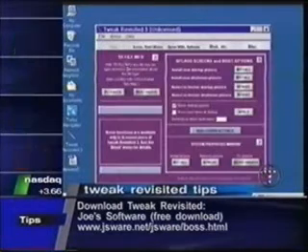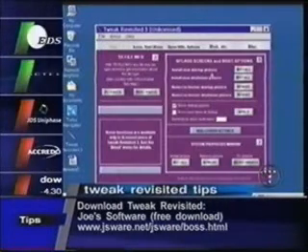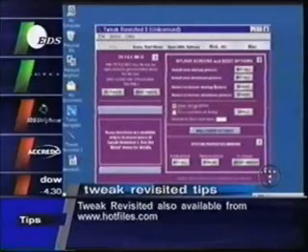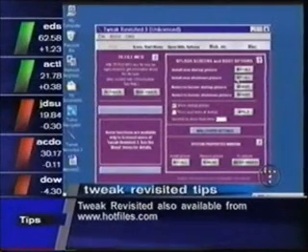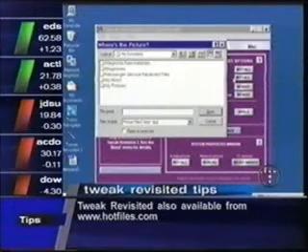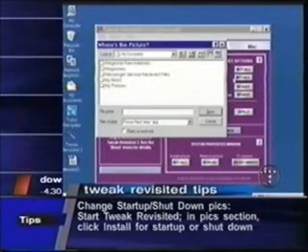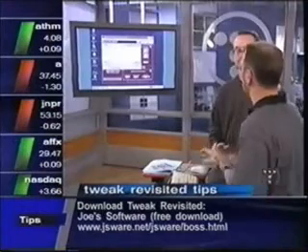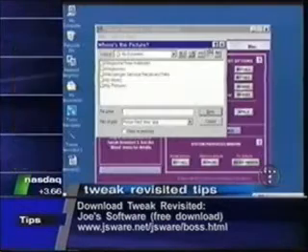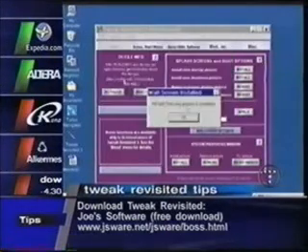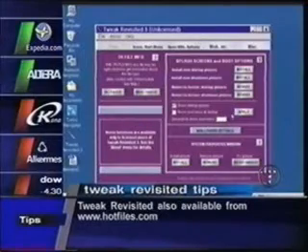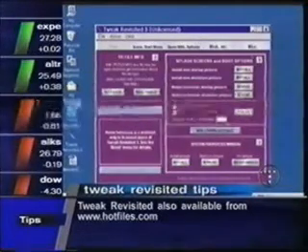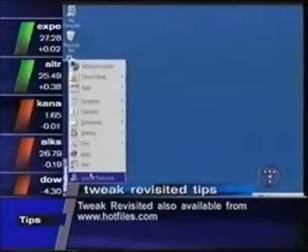But let's go back and show the fun one, and that's under Pics. If you want to install a new startup picture or a new shutdown picture, just click on Install. You have to have a JPEG or a BMP file, and it has to be saved at 320 by 240. It's kind of a funny size for an image. It doesn't look exactly right, and it has to be 256 colors. So go out, find the file, and click on that file. It says it's installed. Click on Apply, close it out, and then if we shut her down,